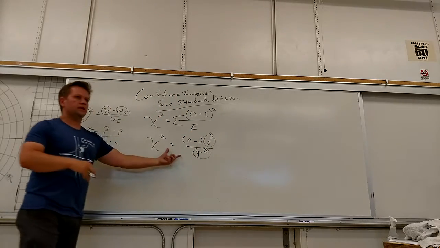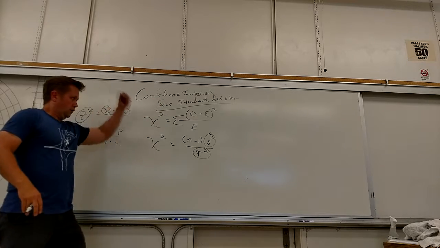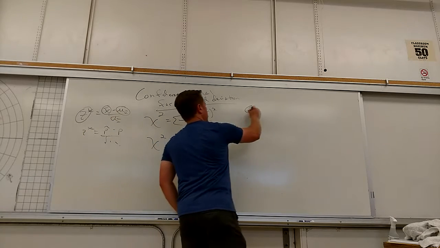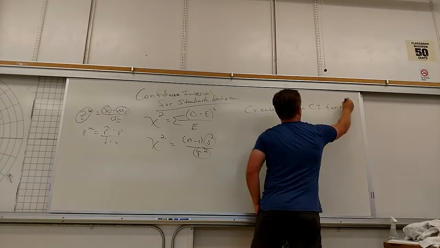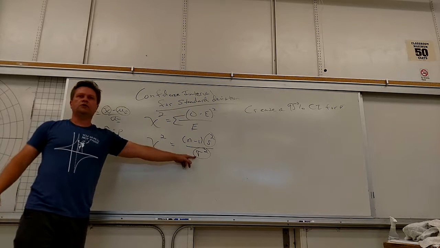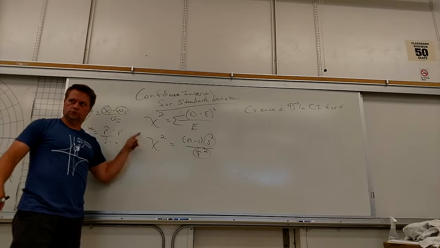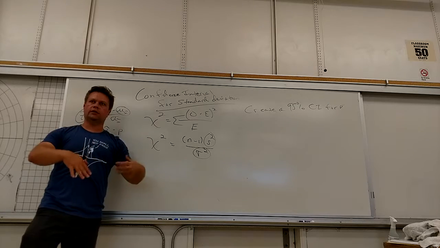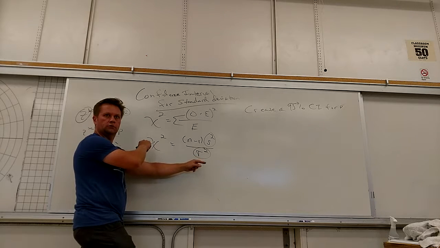The beautiful thing about this now, and some of you are wondering where the confidence interval you wrote up here is. If I want to create a 95% confidence interval for sigma, I don't know sigma, do I? But can't you solve this for sigma? What we normally do is solve it for sigma squared, and at the end we take the square root. Remember that trick?